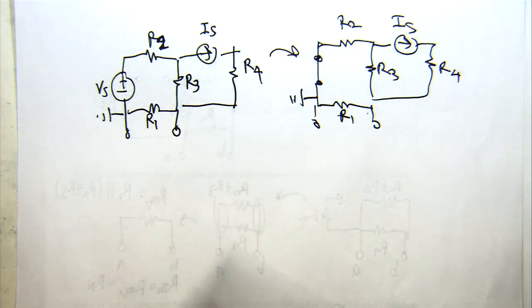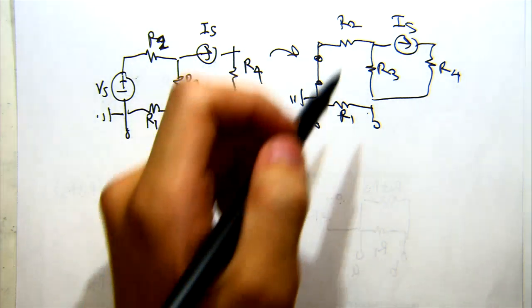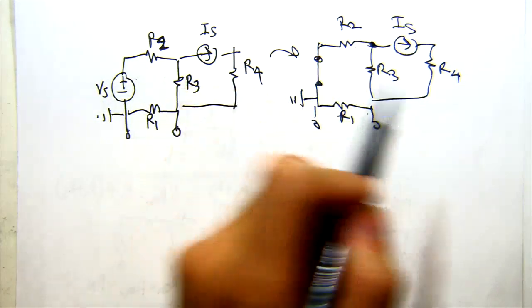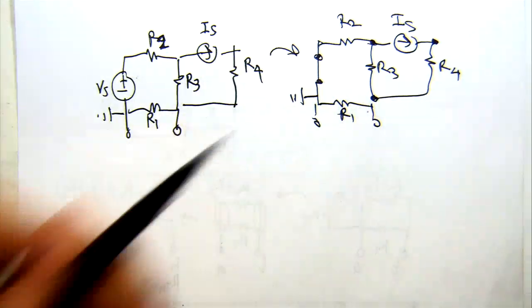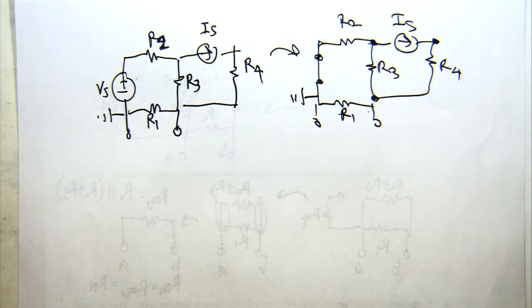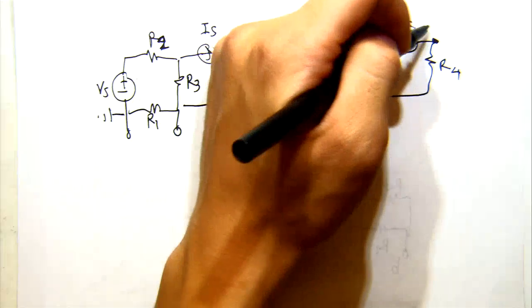To approach this, I might think to myself, okay, I don't see anything nice happening with the current, so I'm just going to try using node voltage analysis because that's something I can always fall back on. So in this case, besides the ground node, how many other nodes are there? I'm seeing 2 and 3. In particular, if we look at the circuit, we can point out that there's a node right here, a node right here, and then a third node right here. So we're actually going to have 3 nodes besides the ground node. What we'll do with these nodes is label them so that we can do our node voltage analysis.